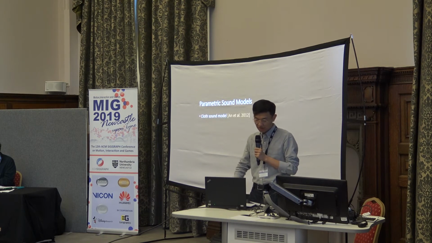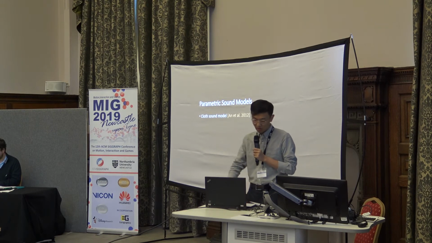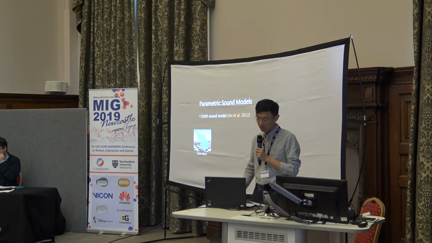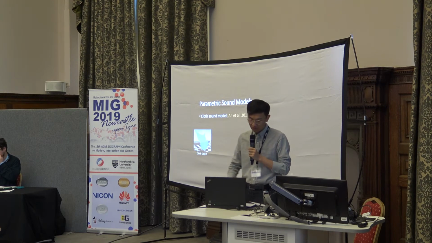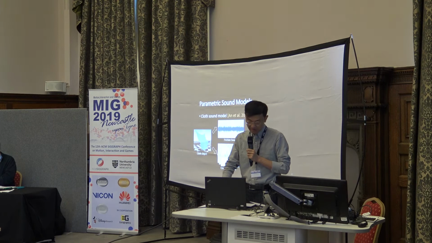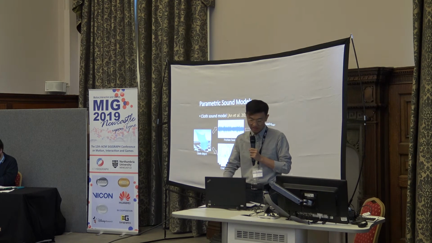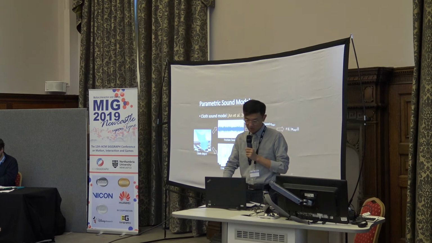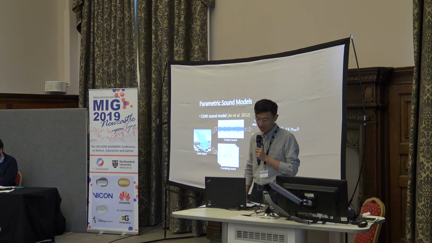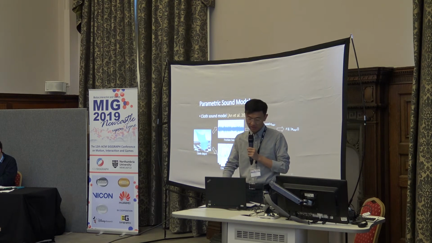Our cloth sound models are similar to Anatol, where given an input cloth object, we divide the produced sound into friction sounds and crumpling sounds. For friction sounds, we use the average sliding speed to approximate the changing pitch and the size of the contact gradient to determine the volume of the sounds. As a result, we obtain a friction sound model F at each frame T, which is sufficient to model